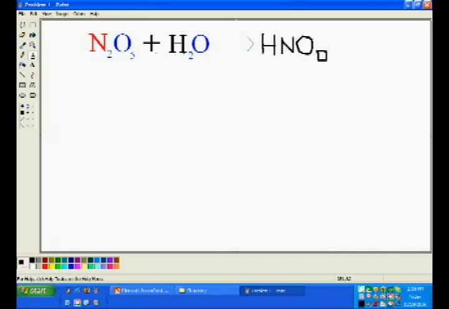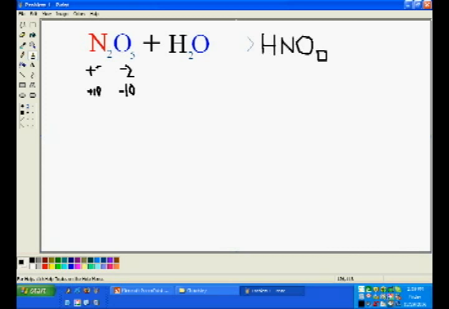So, to figure out which one it is, we have to check the oxidation state of the nitrogen, which won't change. So, each oxygen here will always have a -2 charge. So the total on this side is -10. To balance the entire thing as an uncharged molecule, the nitrogens must have a charge of +10. So each one will have a charge of